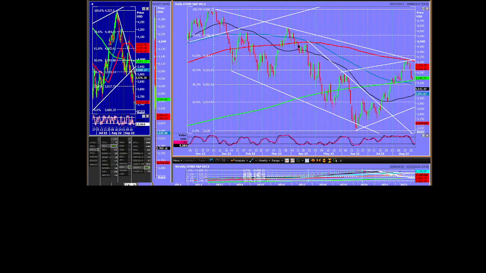Anyway, then we started to accelerate to the downside, which is not really a surprise, is it? Once we had the moving average crossover, once we'd failed to get back above the moving averages on the second try, bang, down we went. 500-day moving average, the obvious target. That did a rubbish job of holding it.